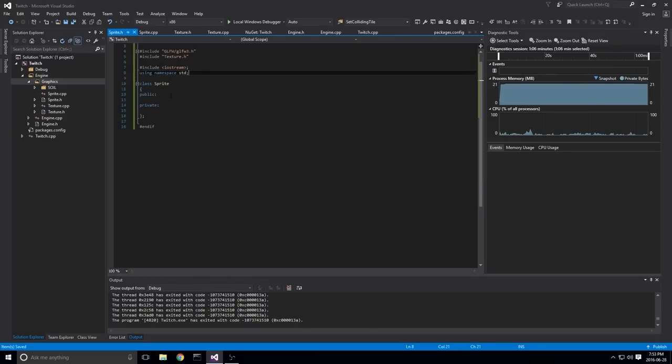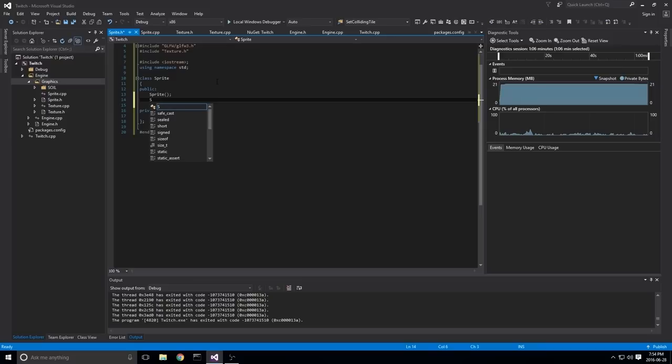Okay. All right, perfect. So again, just like we did in Texture, we're going to want a default constructor, so Sprite, nothing. Then we'll do Sprite, and we'll pass in a texture, or actually, we can do this two ways, right?